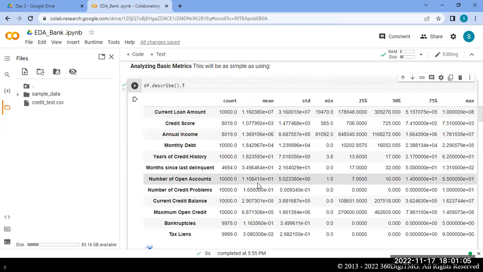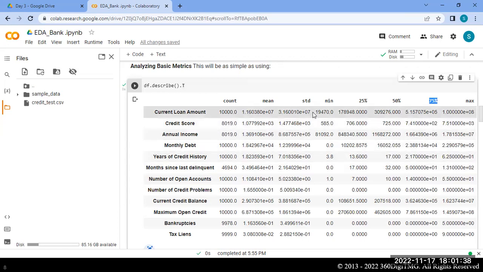Describe means it will give you information regarding the count, how many entries we have, what is the mean value of the data, and what is the standard deviation. Among these, what is the minimum value and the maximum value, and how much data is present below the 25th percentile, 50th percentile and 75th percentile. This is collected as quantiles. It will be helpful to find out the outliers in your data. So these are the features and their respective mean, median, mode.